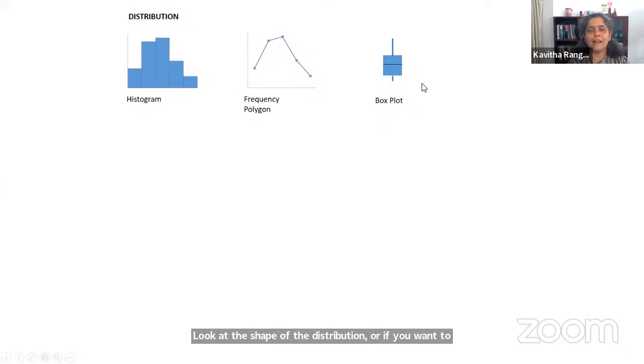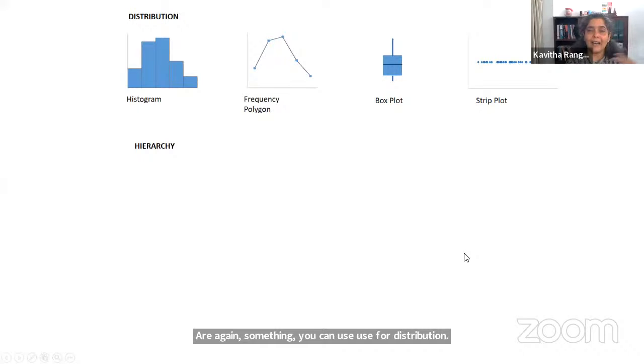Again, if some of these constructs look unfamiliar, all of these have been explained in my book, and you'll find a wealth of literature even online in terms of the basic constructs and how you can go about using them. But knowing when to use them is the very important thing you should keep in mind. Strip plots are again something you can use for distribution, where you want to see every single data point.